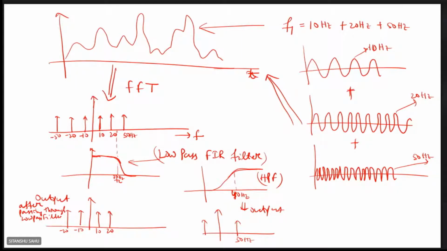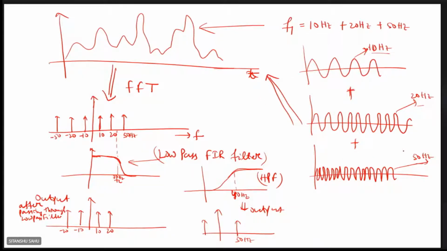Okay. So students, all of you got this concept? Yes, sir. Okay, so this thing you need to realize in your lab experiment in the next lab class. For that, first you try to generate this composite signal. How do you generate the composite signal? Just first create this 10 hertz, 20 hertz, and 50 hertz signal.